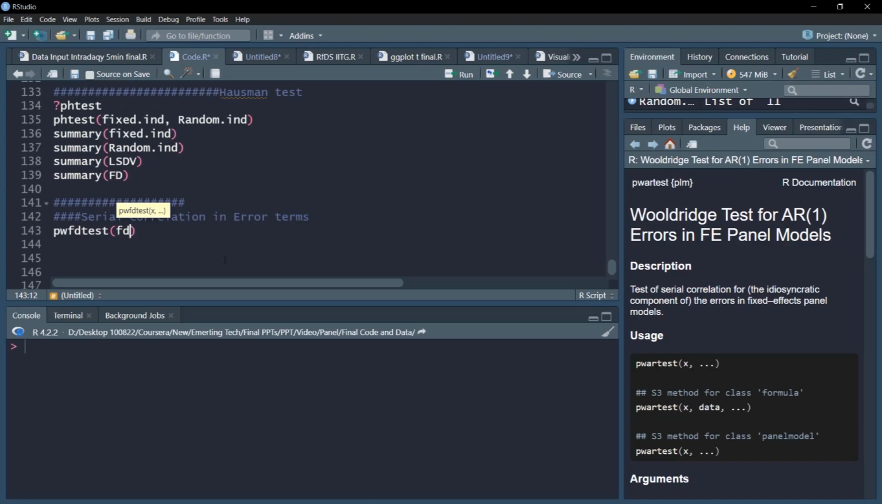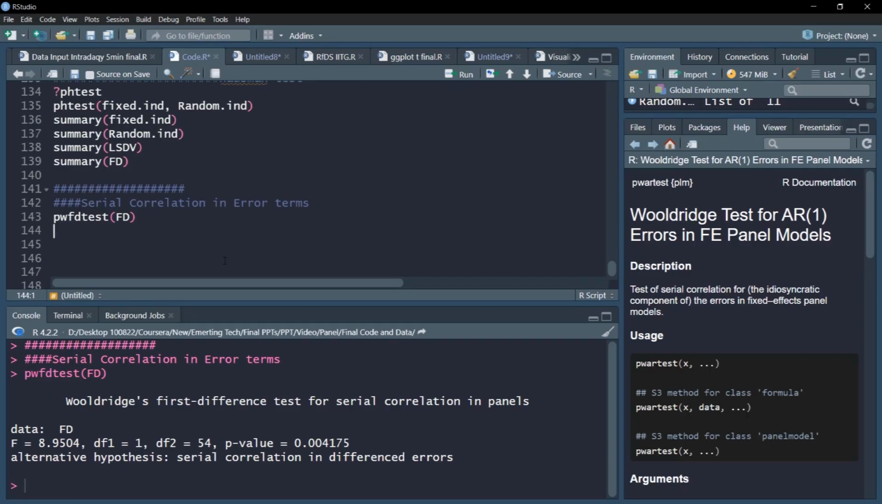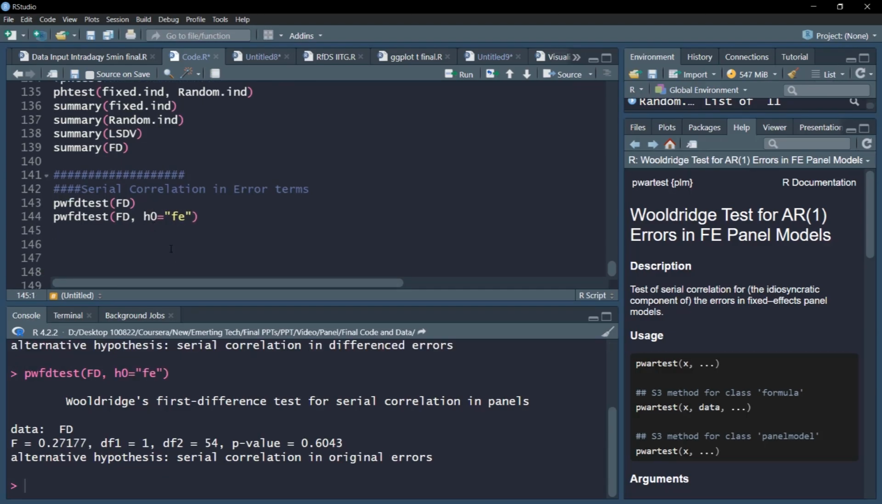So if I supply the model, which is the FD model, it tells me that FD model errors are indeed serially correlated, which suggests that the FD model is probably not so good a model. If errors from the FD model are serially correlated, then it is better to go with FE, the fixed effect model. But still, let's test if errors from the FE model are serially correlated or not. As expected, they are not. Then another